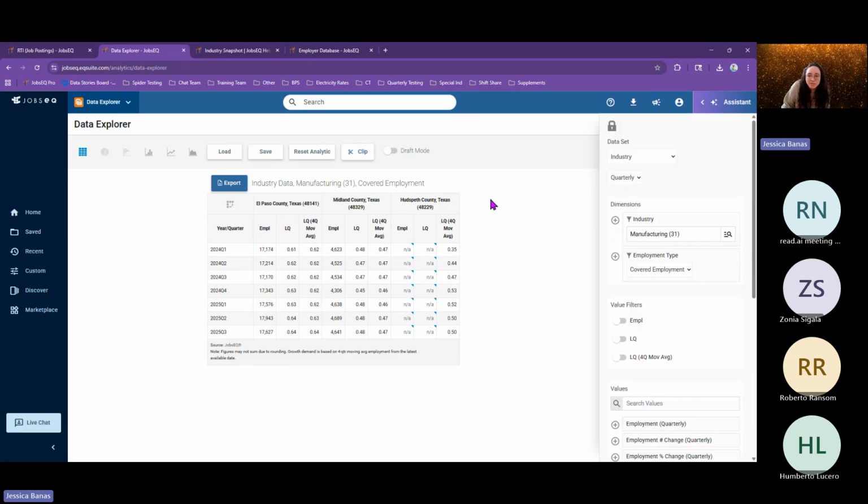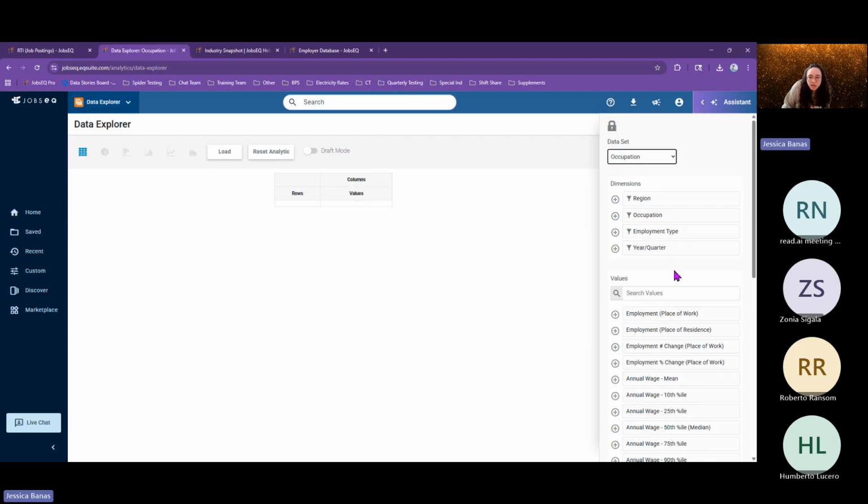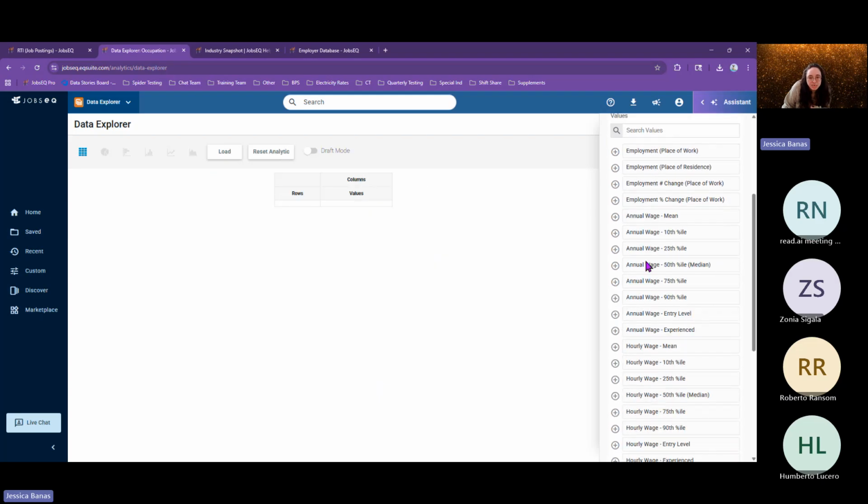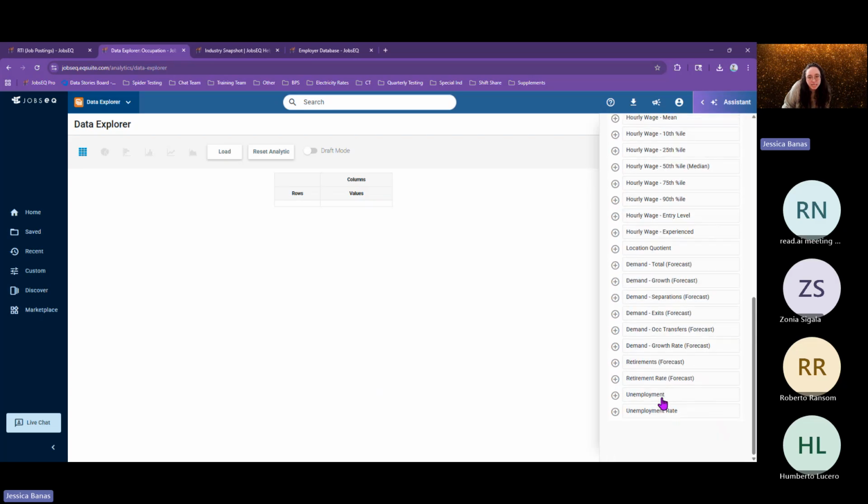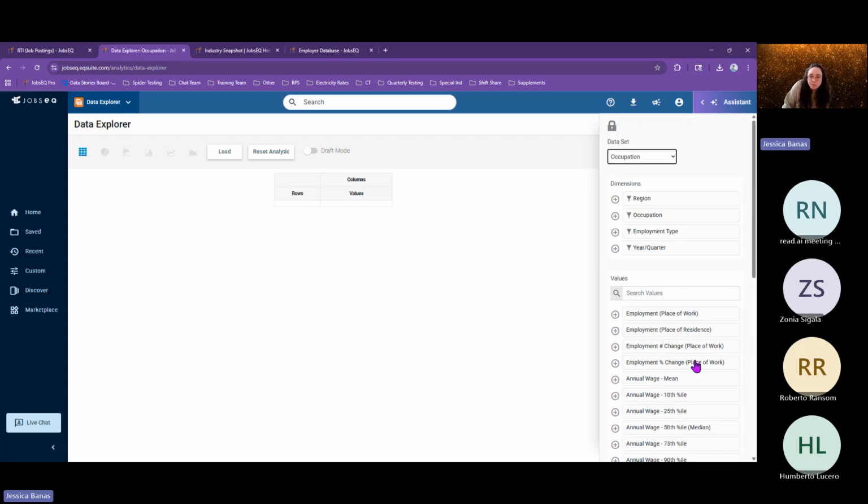But then to step outside of our industry data set, we also have occupation, which is going to be very similar, but with that occupation data, there are also those larger wage breakdowns within the occupation data set. And then as far as demographics data goes,